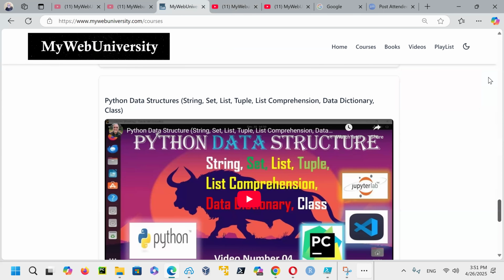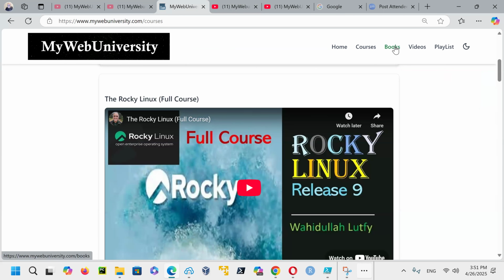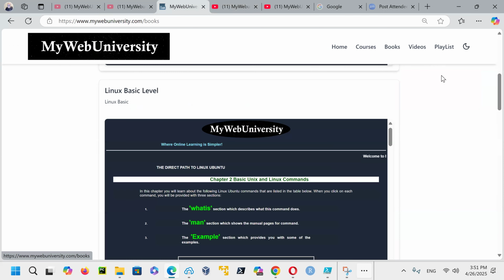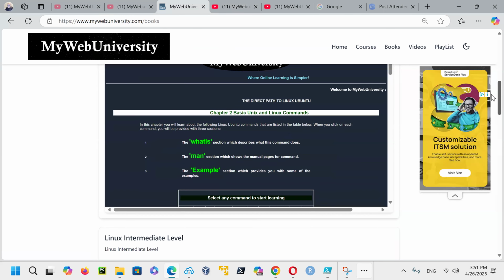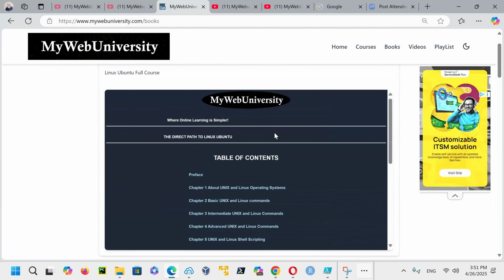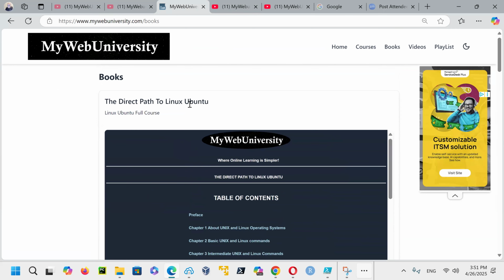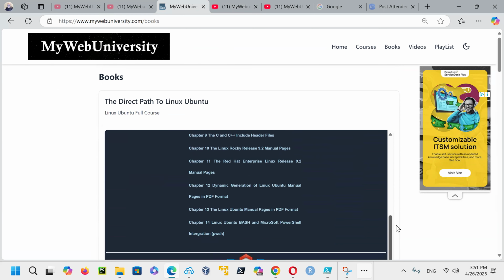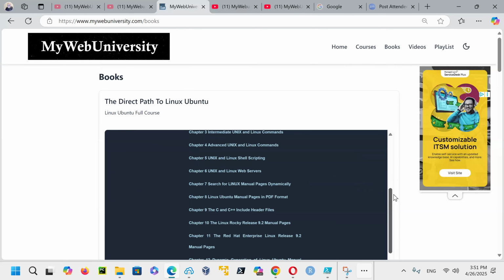And if you go to the books, you can see my entire book is available online for you here. And each of these books that you click on, for example, the direct path to Linux Ubuntu, if you want to learn Linux Ubuntu, I have 14 chapters on it. Each one of them is itself a book.